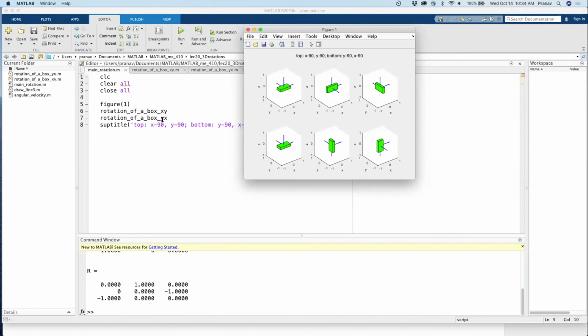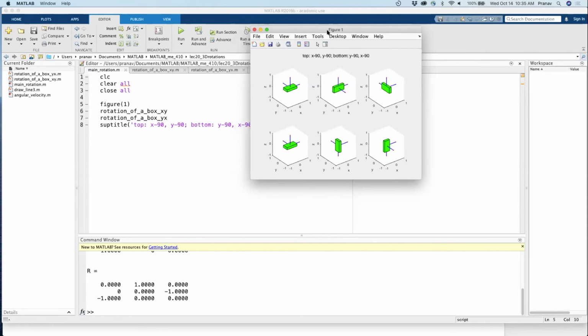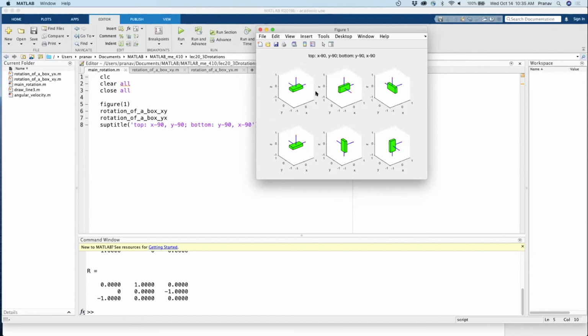The second function, which is shown here, does the second set of rotations. So start with the same initial configuration, then do rotation about y, and then do rotation about x. And then the key thing to note is that the final configuration here is different from the final configuration there. Hopefully this illustrates it better, and you can use this for visualization. I've not actually shown the axes, not written them down, but you can write them down and see if they make sense. This actually should also be a good introduction to drawing three-dimensional shapes in